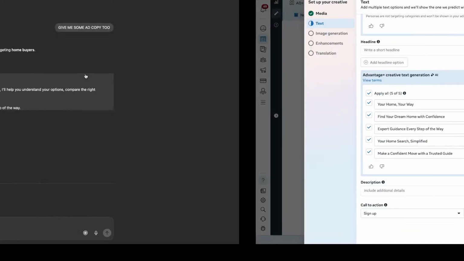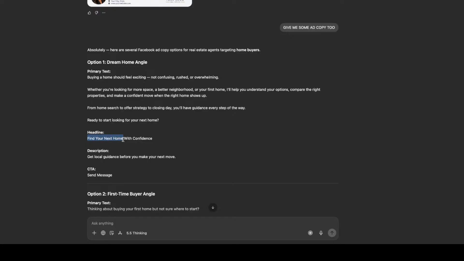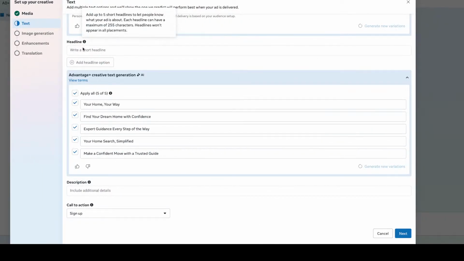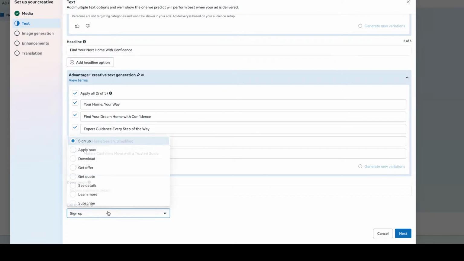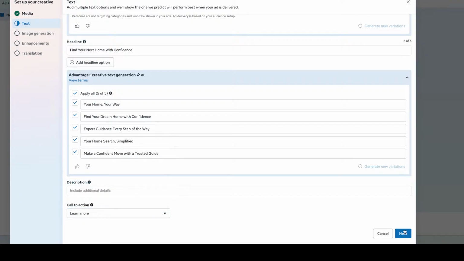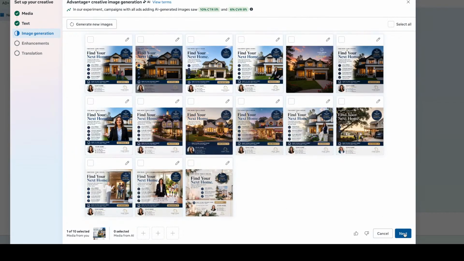So then you'll add a headline. Find your next dream home with confidence. Headline. Okay, then the call to action is gonna be probably like learn more. Then next. So